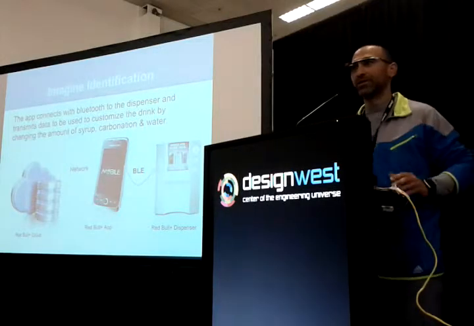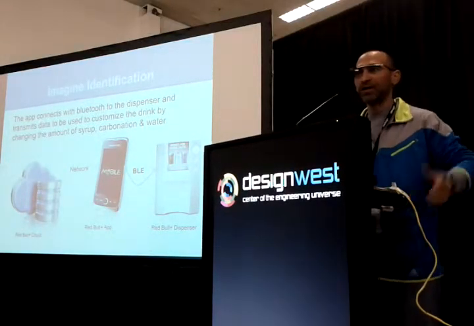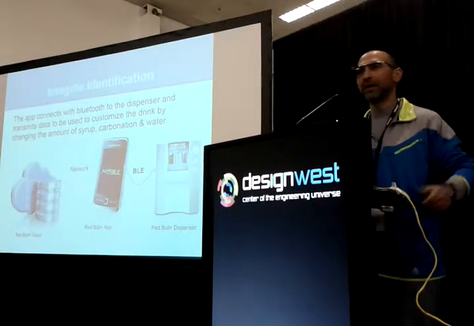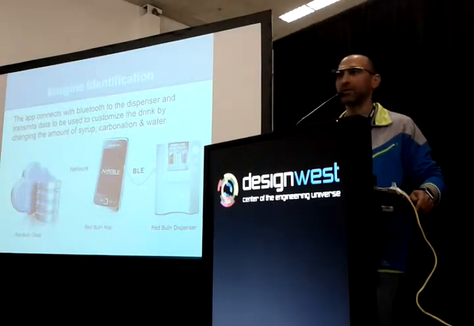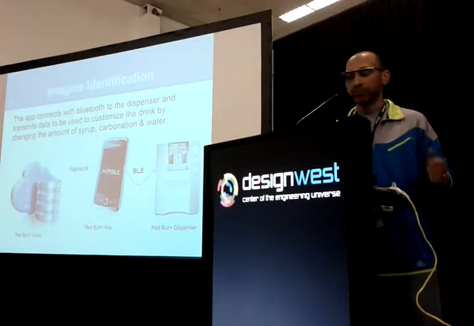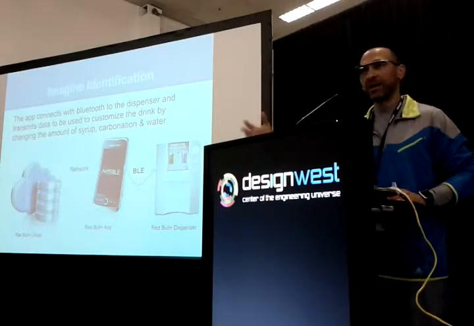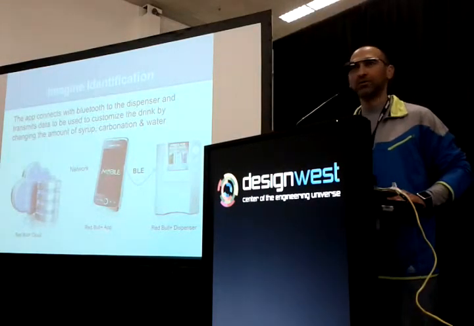I told you guys earlier there's an app that can tell my mood. I can hold the cell phone. The cell phone can dynamically tell the Red Bull thing, I'm low on power. It can give me a little boost of caffeine. There's no way the Freestyle multi-million-dollar dispenser that Coke built can ever do that.